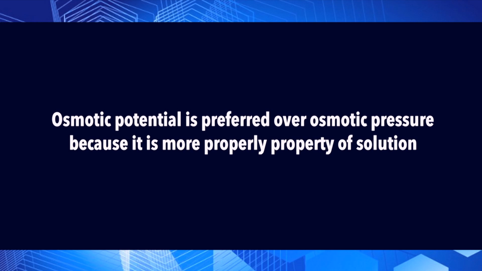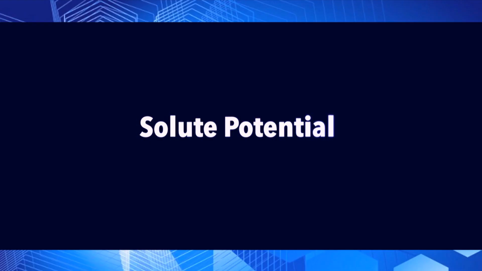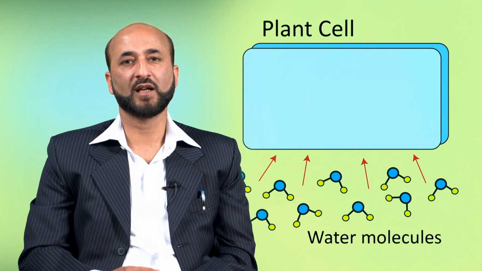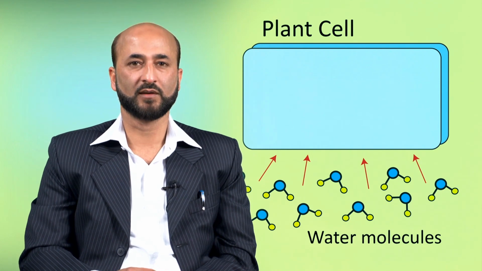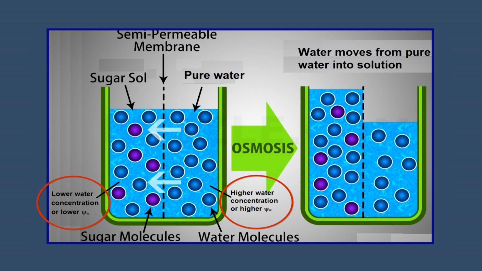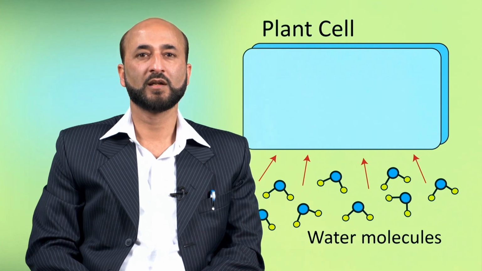The term osmotic potential or solute potential is preferred over osmotic pressure because it is more properly a property of the solution. Osmotic potential is also called solute potential, hence designated as psi s, because it represents the effect of dissolved solutes on water potential. Solutes reduce the free energy of water by diluting the water. Osmotic potential depends on the total number of solute particles in the solution but is independent of the specific nature